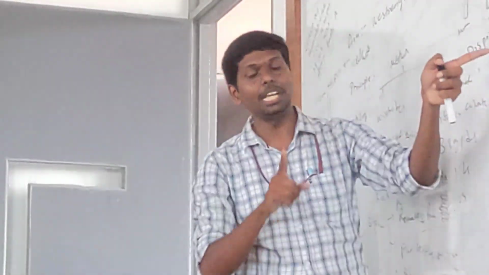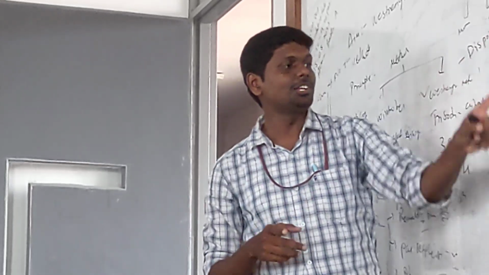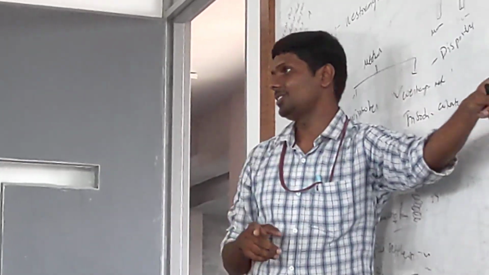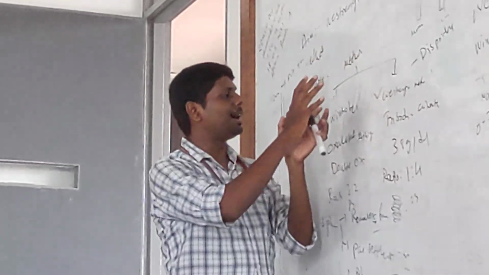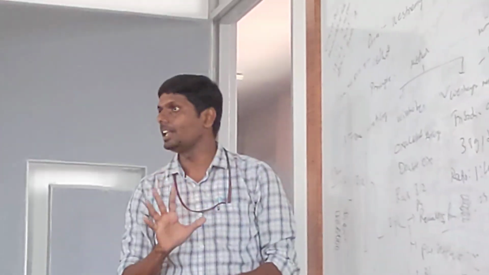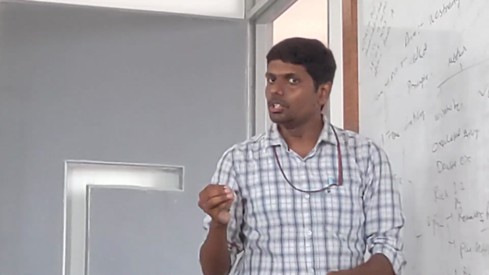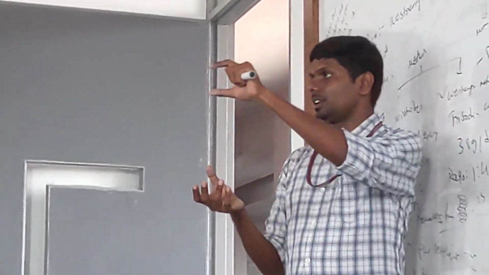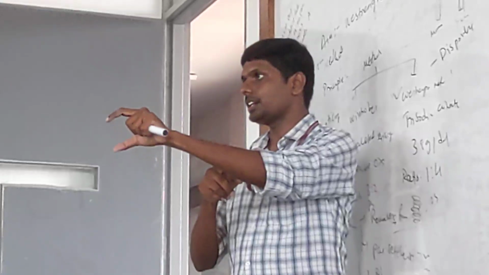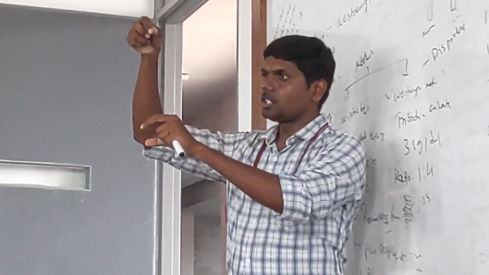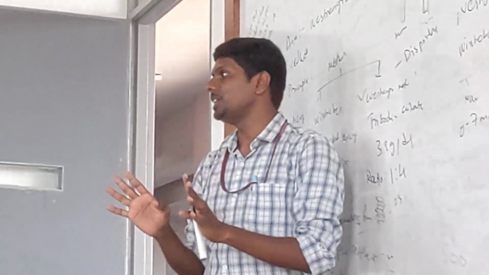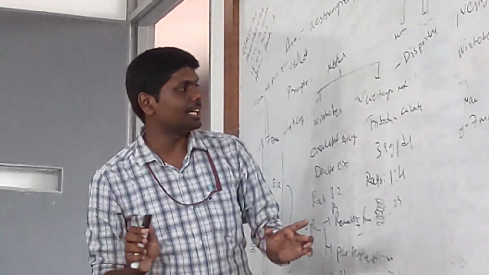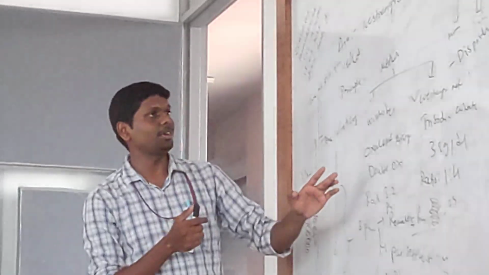Whereas in Wintrobe's, it is vice versa. That's why you have 0 to 7 and 0 to 15 values. That we'll see later. First you just remember Westergren's method. Is it clear? Yes, sir. So you will take venous blood in a test tube and keep the ESR tube in it, and it will start the test.